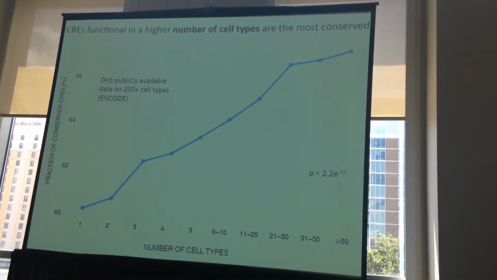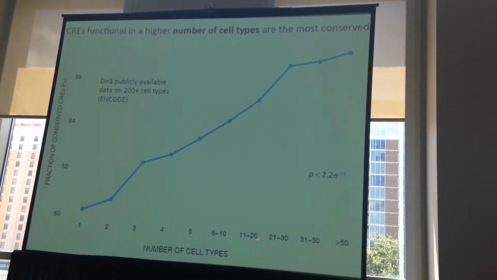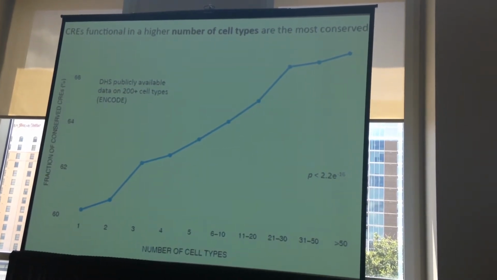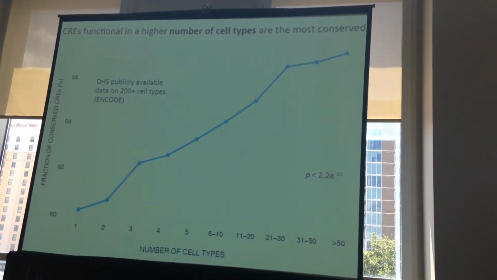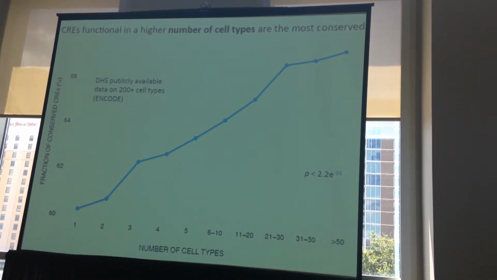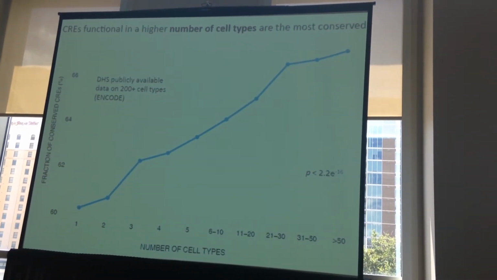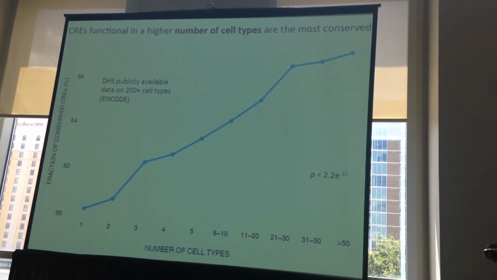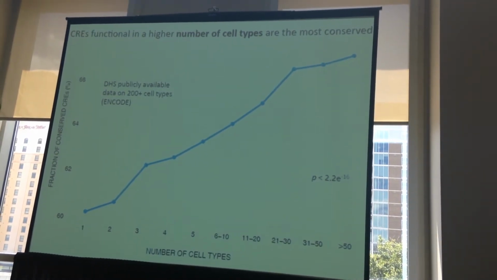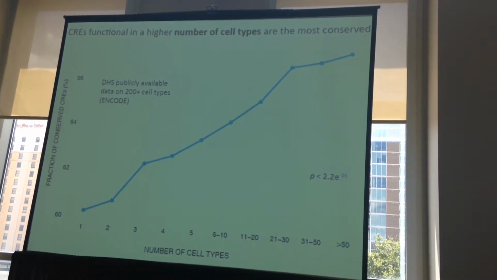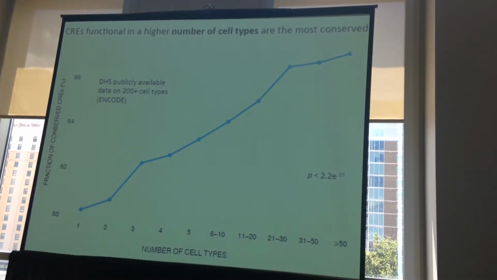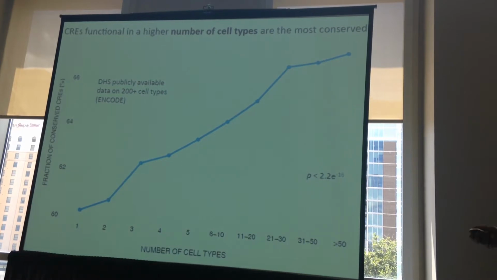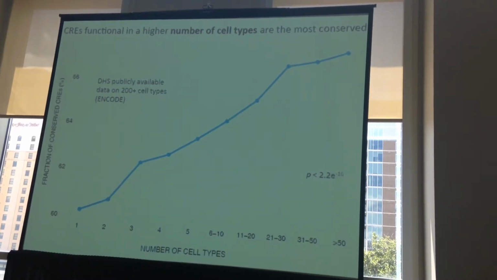than 200 cell types. In the x-axis here you can find the quantiles again of the number of cell types, so bins containing several of our enhancers. And again, in the y-axis, we have the fraction of conserved enhancers within each one of these bins of cell types. And as you can easily see, there is a strong positive correlation between the number of cell types where an enhancer is functional and the likelihood that this enhancer is going to be conserved across more than one